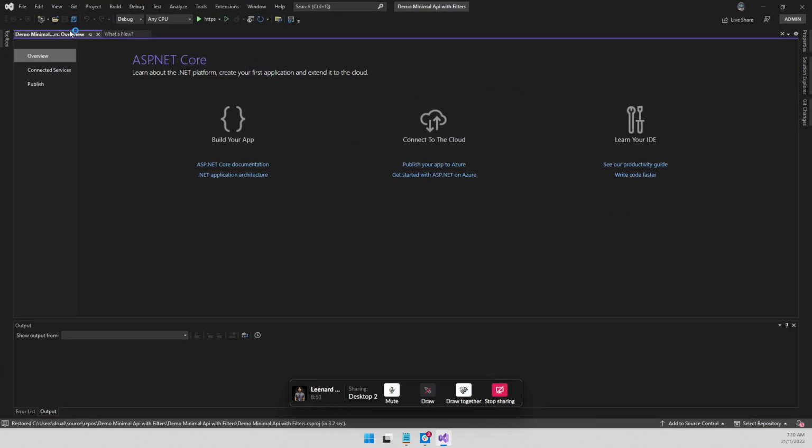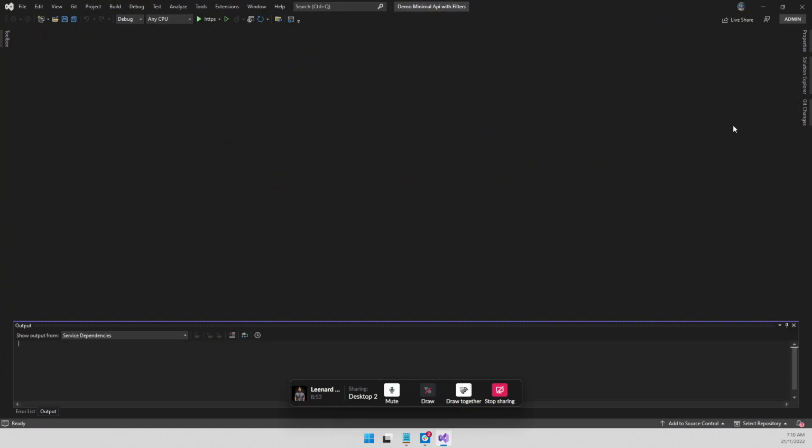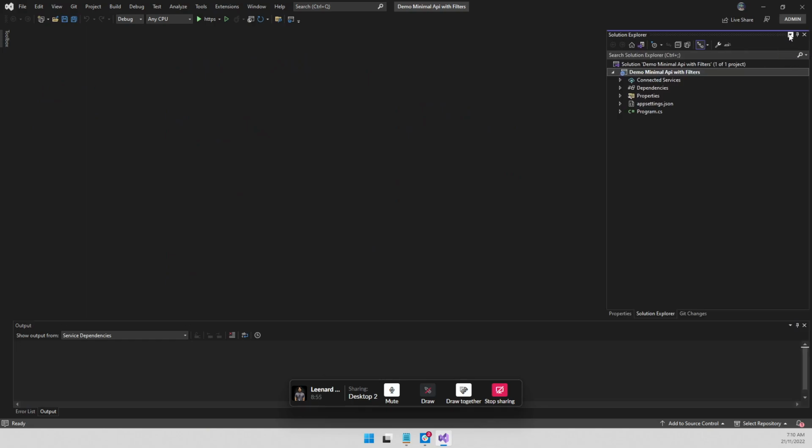Okay, this is my minimal API. See the project here, you only have one file. You don't have anything else, only one file, and in this file you can define your minimal API. This is initially the point about minimal, okay? It's only one file, and in the file you can do everything. But the best practice is you can create folders and classes with your code, no? But coming back to here,